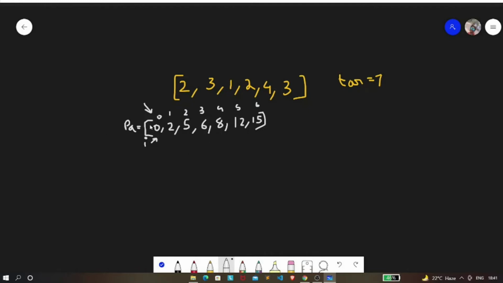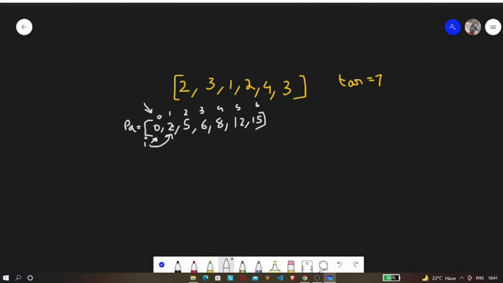Actually our I will not be at index 0, it will be at index 1, because we don't require index 0. So currently our I is at index 1.